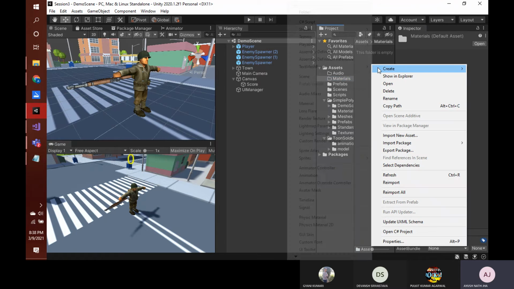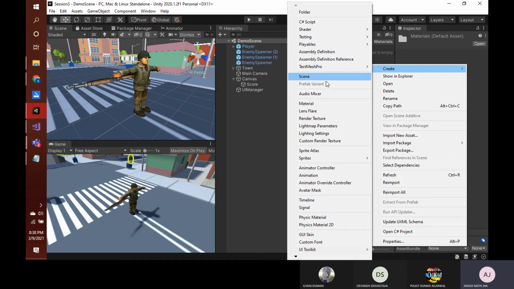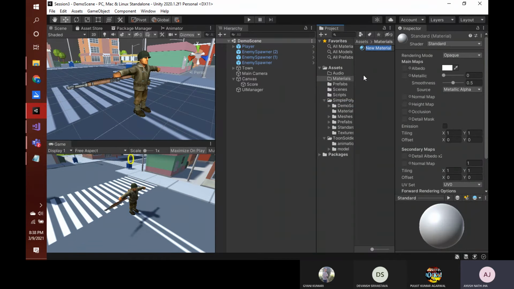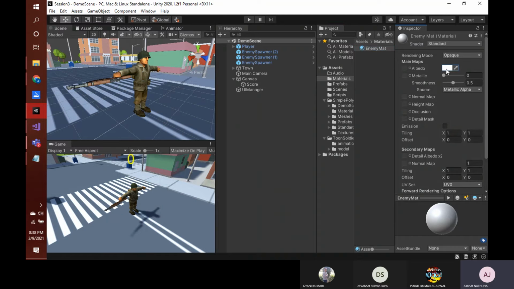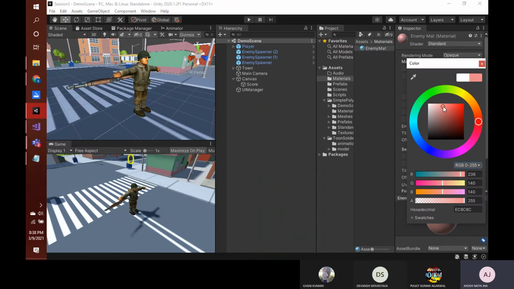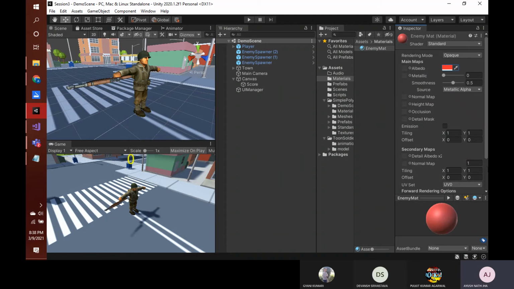Right click here, go to create, and in create you have this material. Click on material, and let's name this enemy mat. Now in this enemy mat, I just need to change its color, this albedo part. If I click on this white color picker, I can just change this to red. Whatever object this material is applied to will show this color.